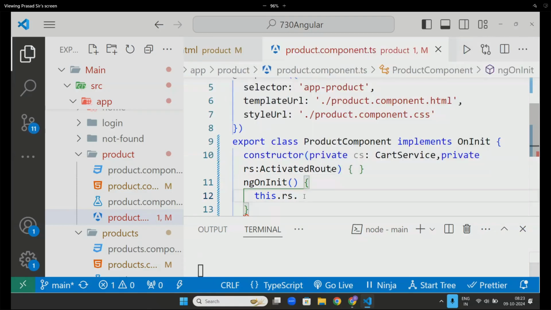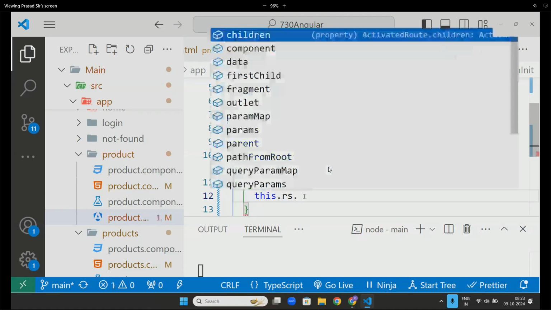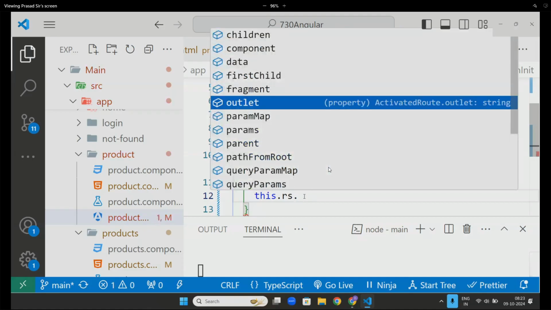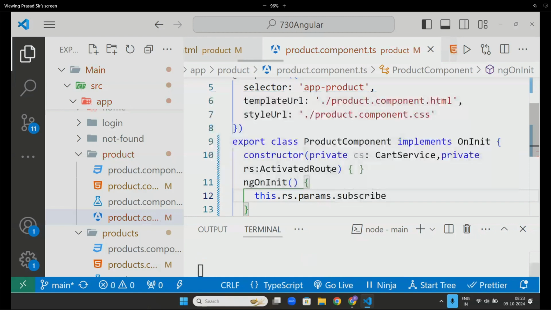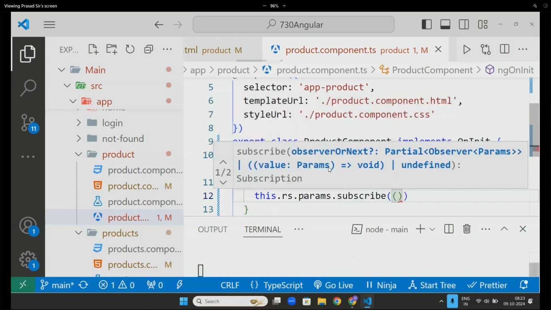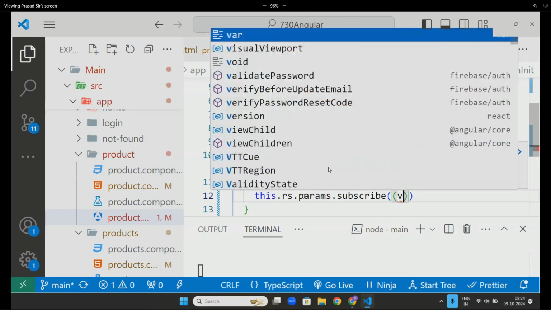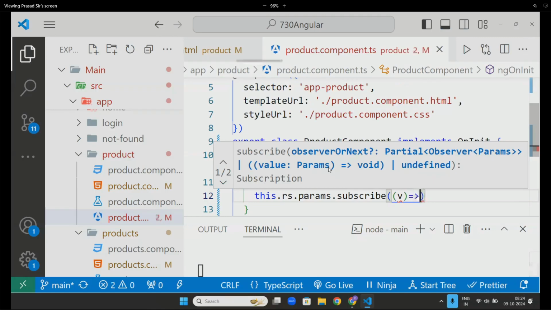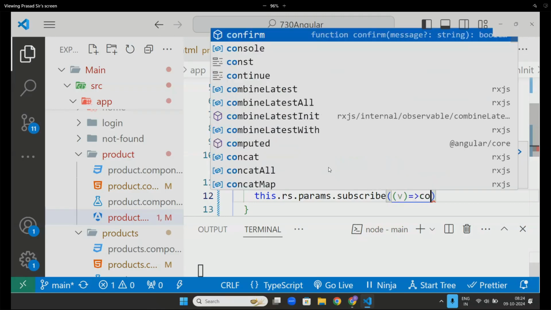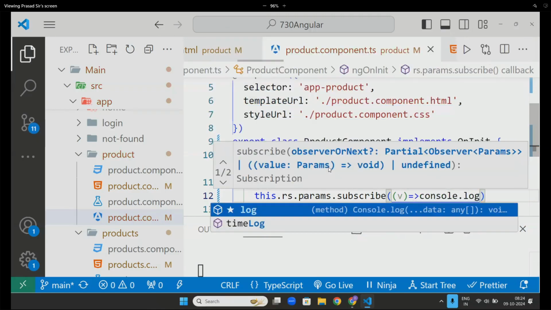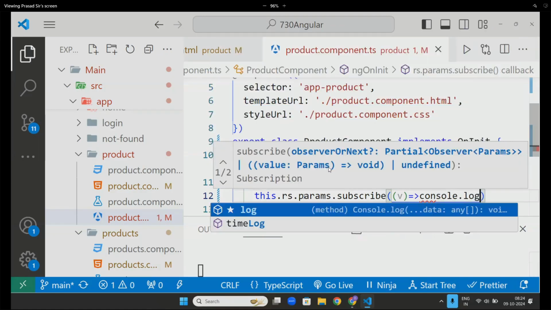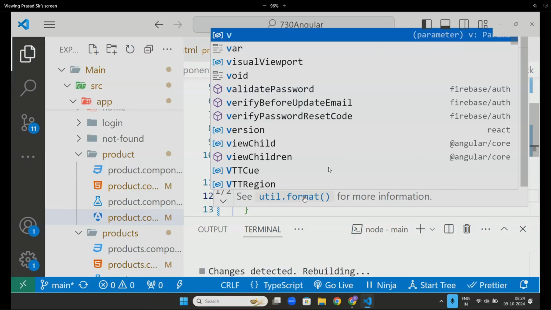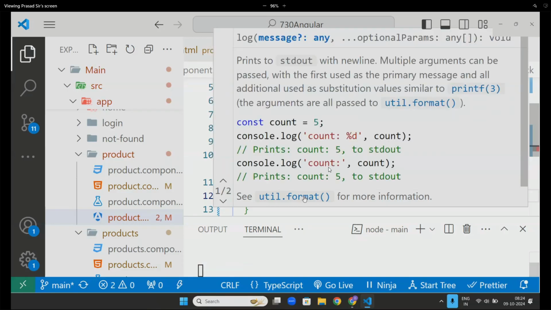Now this dot rs dot params dot subscribe. Then here, value equals console.log value dot get.